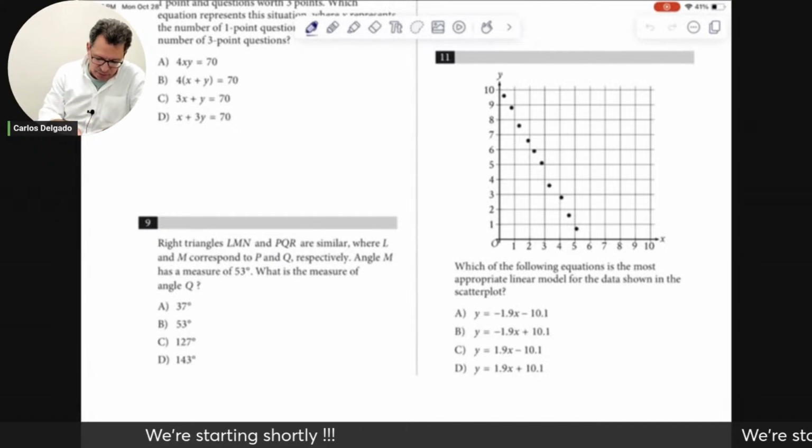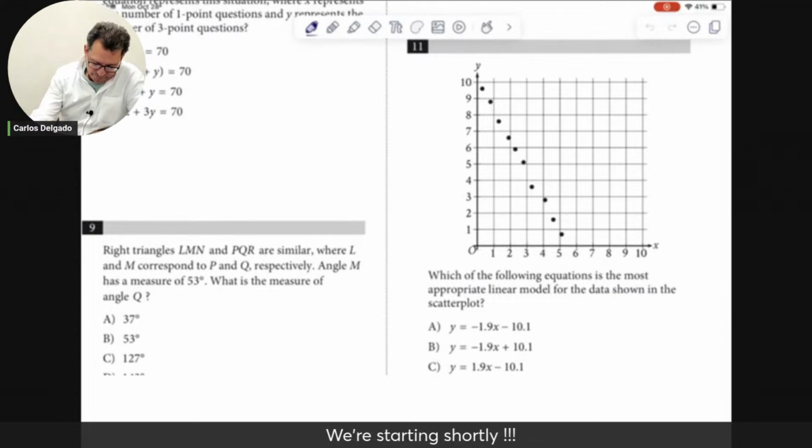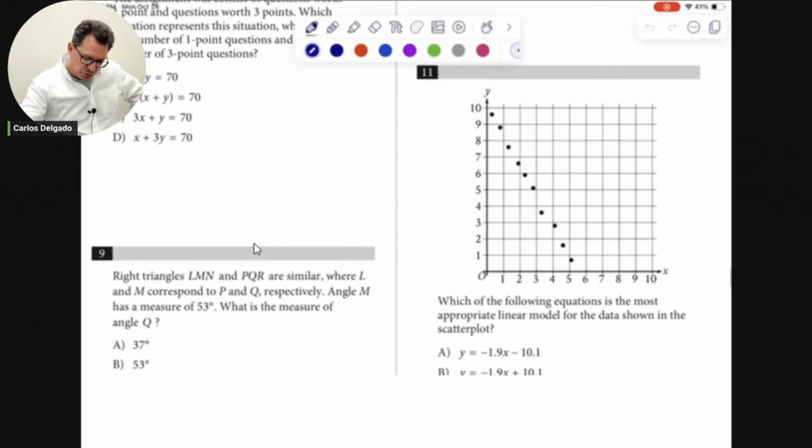I see this question here, question 11. It has to do with the concept of a regression line. The question is, which of the following equations is the most appropriate linear model for the data shown in the scatter plot? If you were to draw an approximate line of best fit through those points, you see that this line